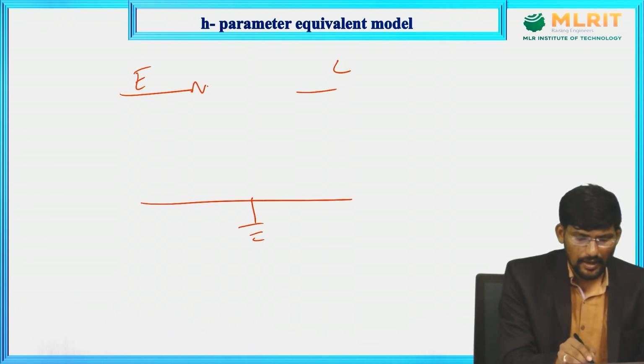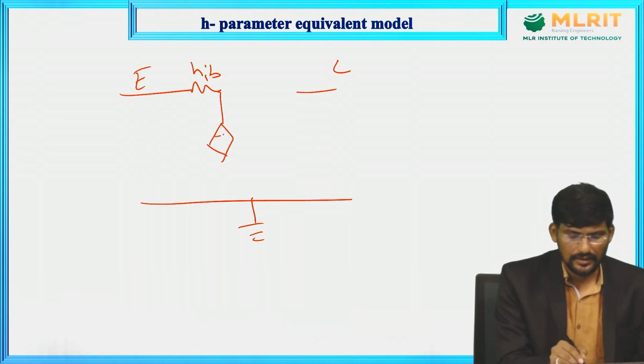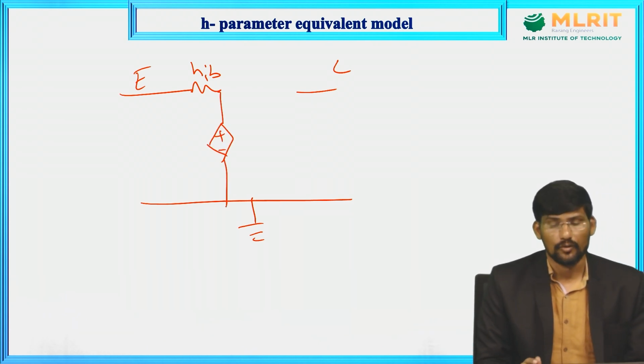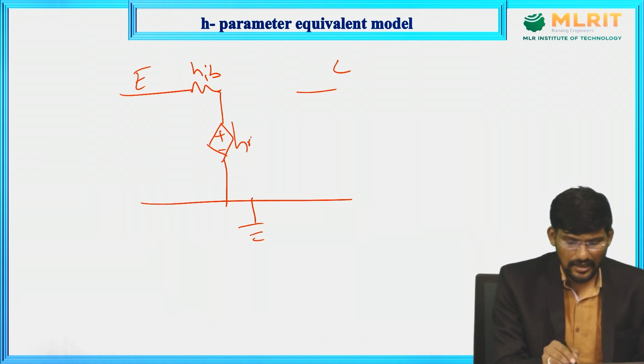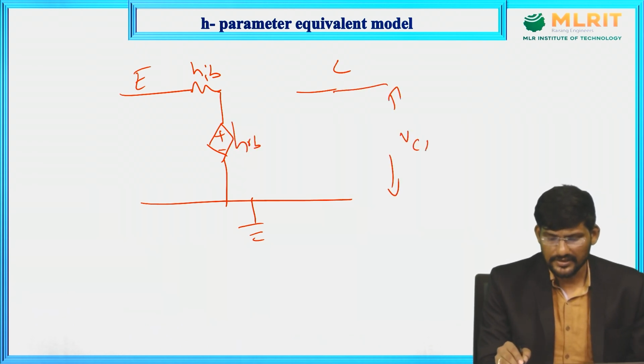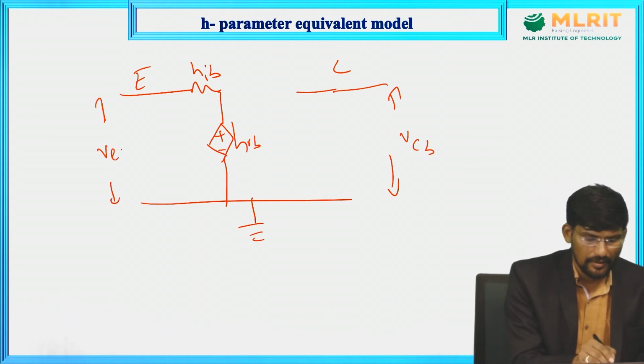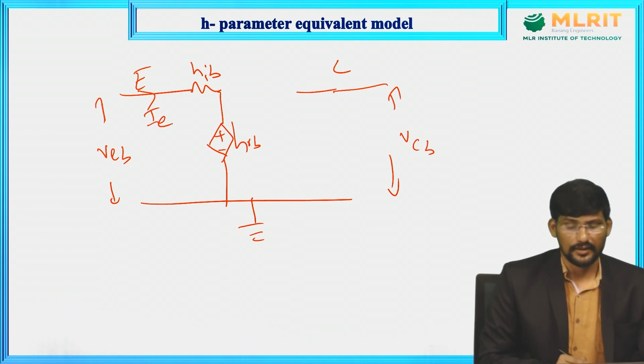So the input parameters are HIB, that is input impedance, and next we have a dependent source. The dependent source will be depending on the output voltage. So it is HRB into what is the output voltage here? The output voltage is VCB, collector to base voltage, and input voltage is VEB, emitter to base voltage, and the input current is IE, emitter current, and